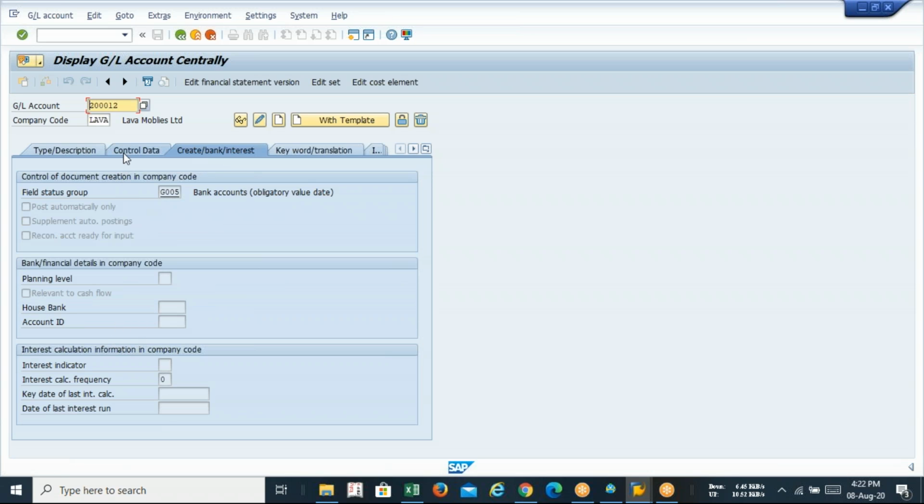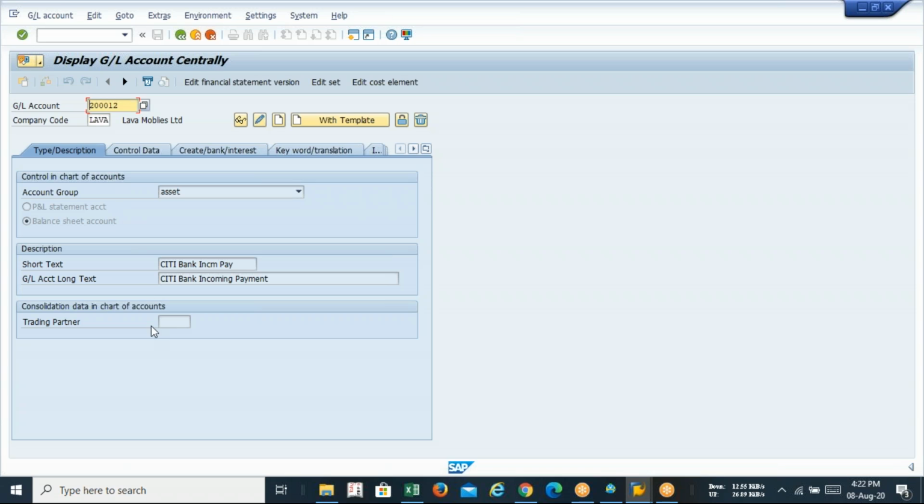So what we are supposed to do? Just copy from the previous. How shall we copy? Select your number and click on the template. And after that, only change the description and save. Have you understood, guys? The new technique, very simple technique. It will only save your time.